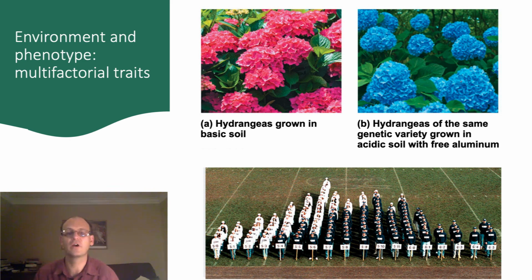We usually think of human height as being an example of a polygenic trait, and indeed it is. However, height is also dependent on our nutrition and the interaction of our diet and our genotype. Individuals with a healthy diet are able to grow taller than those with an unhealthy or limited diet, even given the same genetic makeup. When a trait is influenced by the environment like this, we say that it's multifactorial.